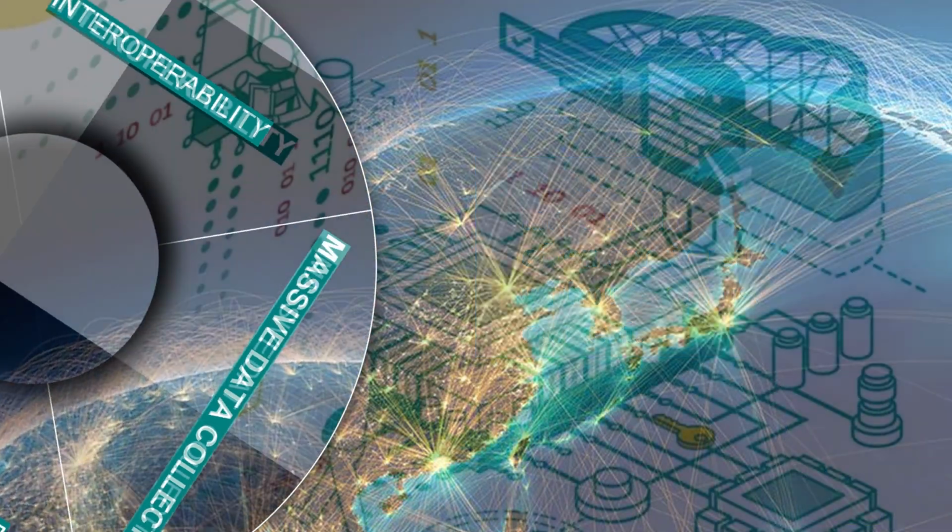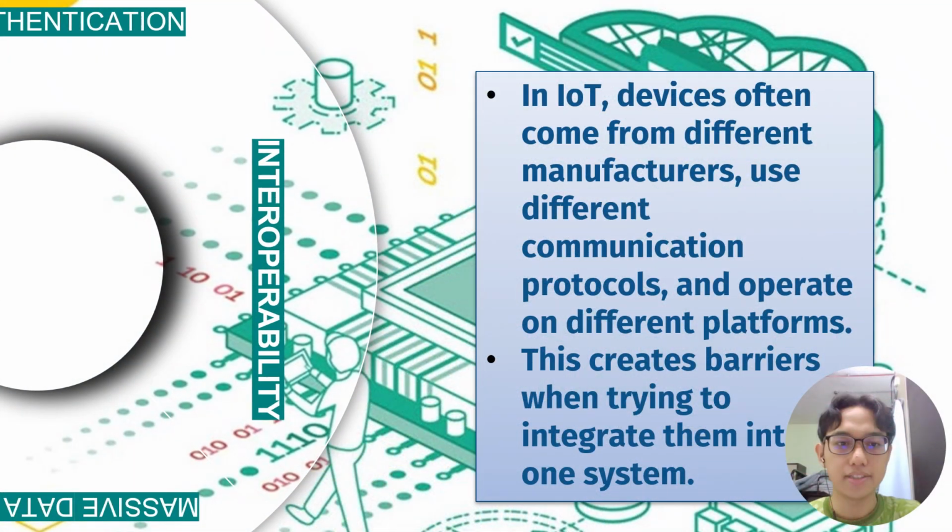Lastly, interoperability. In IoT, devices often come from different manufacturers, use different communication protocols, and operate on different platforms. This can create barriers when trying to integrate them into one system. That's all from